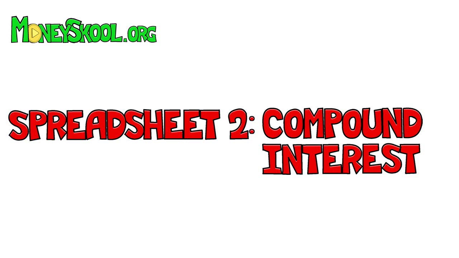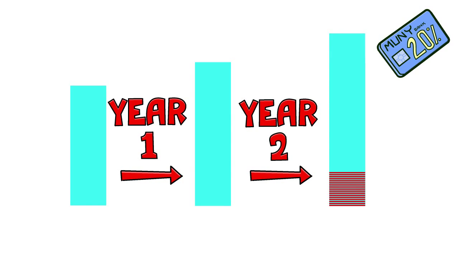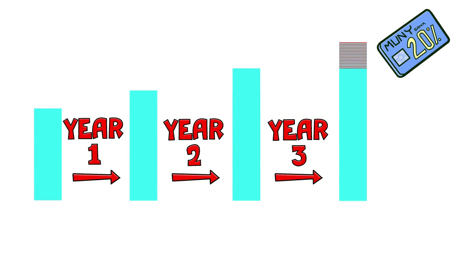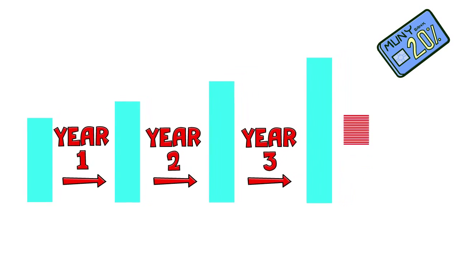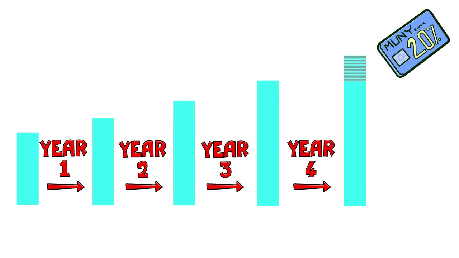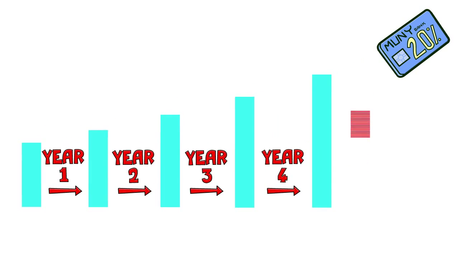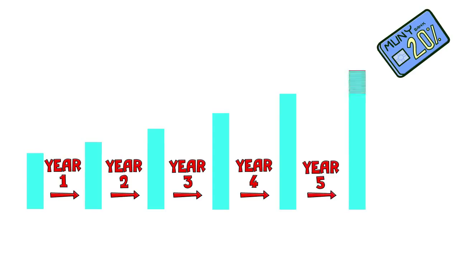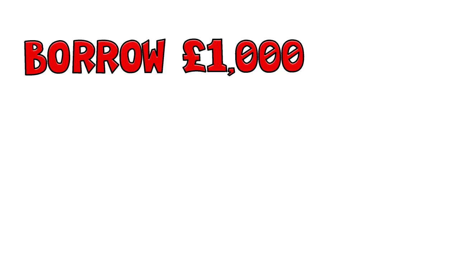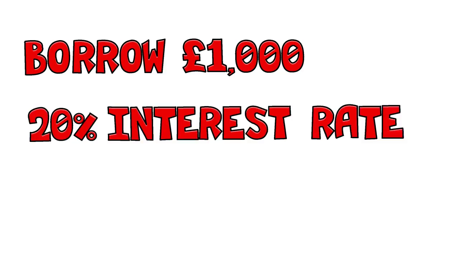In Maths Lesson 2, we showed you how to work out compound interest. That's when interest is added to your debt over and over again. In this lesson, we're going to show you how to do this using a spreadsheet. And we're going to use the same example where you borrow £1,000 at an interest rate of 20% and you